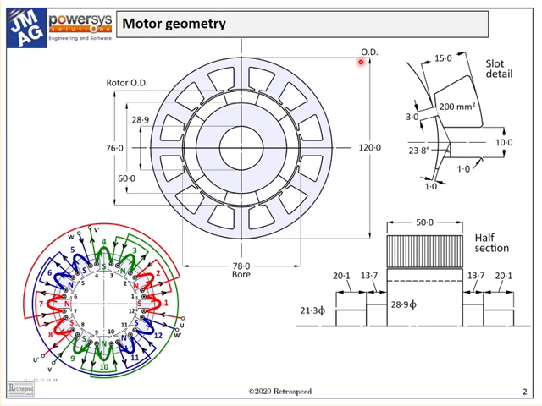The outside diameter is 120 millimeters, the stack length is 50 millimeters, rotor diameter is 76 millimeters, magnet length is 8 millimeters in the direction of magnetization, which is radial. We have 10 poles, and a 3-phase stator with 12 slots. So 12 slots and 10 poles, 1.2 slots per pole. Note the slot opening here is 3 millimeters, and the slot area is 200 square millimeters.